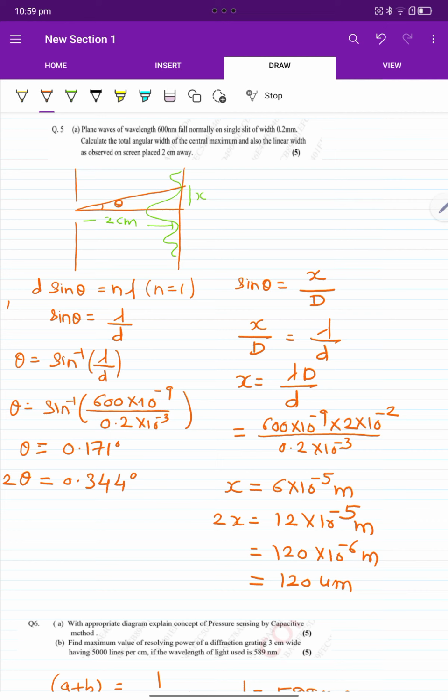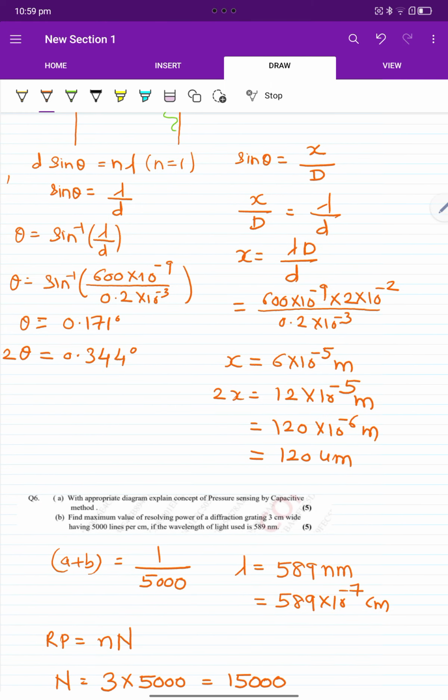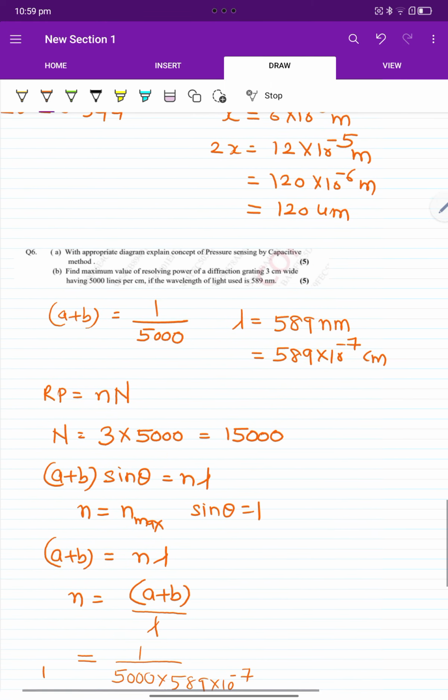We also know the formula sine theta is x upon d, where d is 2 centimeter. By substituting these details, we can get the linear width as 120 micrometer. Now let's move towards the sixth and the last question,